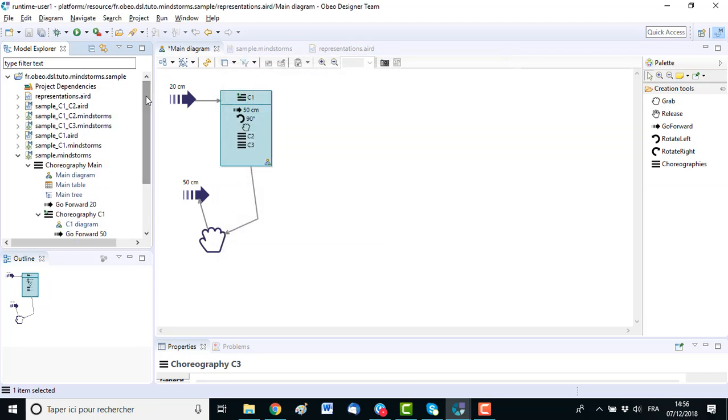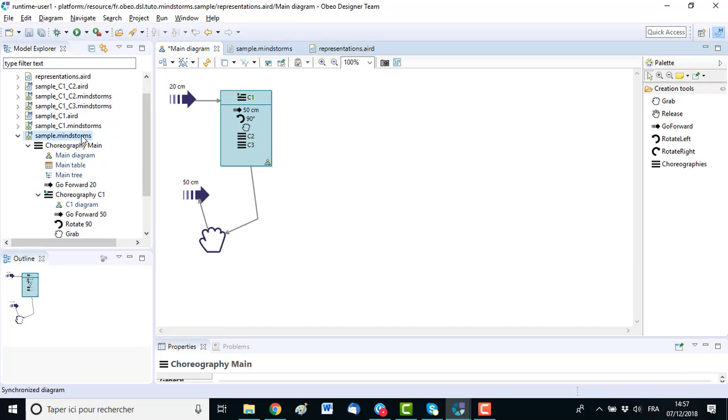So now you can see that instead of having just two files, sample Mindstorms and some representation aird, I have now other files for C1, for C2 and for C3.